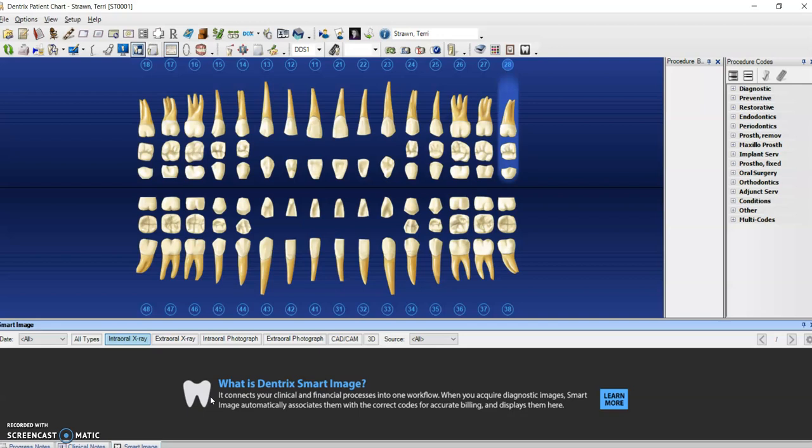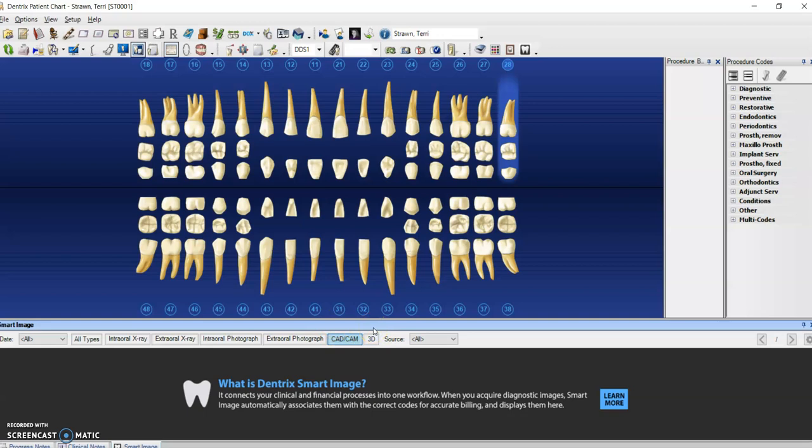So when you want to import extraoral photos or even intraoral photos that you've taken, say for case studies, and you want them to be in your client file, you literally will drag and drop. The great thing about G7 is you click on the little tab at the bottom here and you could see them. So you could program them as intraoral x-rays, extraoral x-rays, intraoral photographs, extraoral photographs. If there's 3D imaging of any sort that's being made for crowns, for digital impressions, they can also be placed